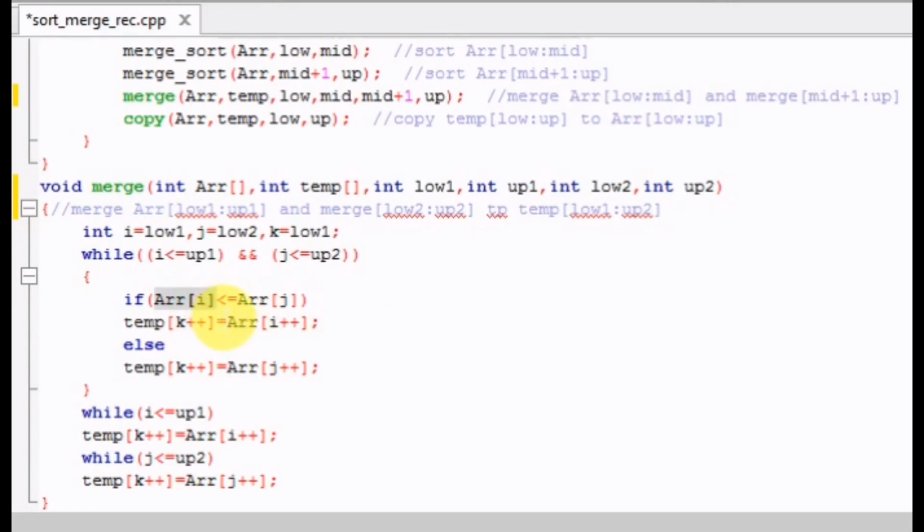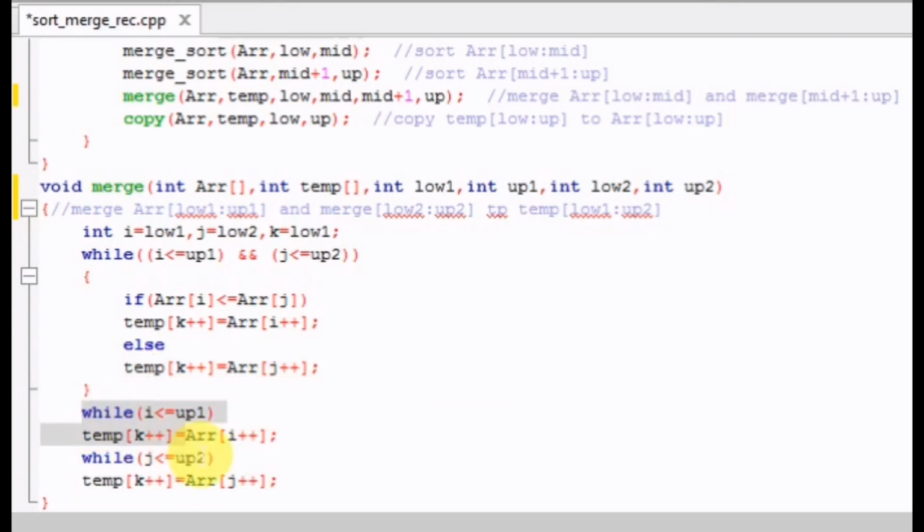And if the element at the ith index is greater than the element at the jth index, then the element at the jth index is smaller, right? So we need to store the element at the jth index in the array temp at location k. And again we are incrementing the values of k and j by 1 to point to the next index, right?